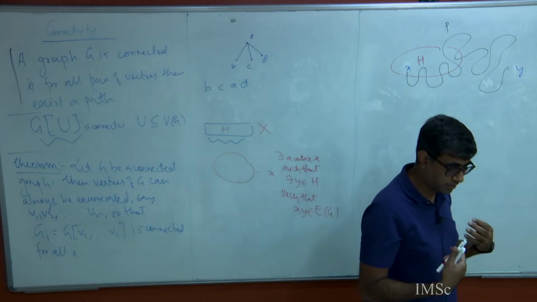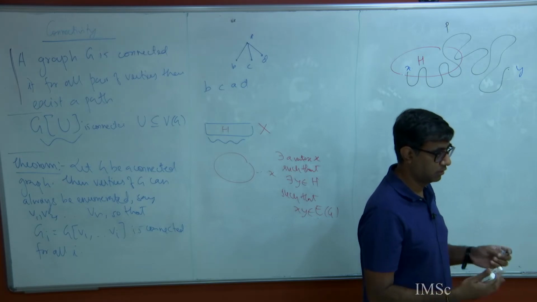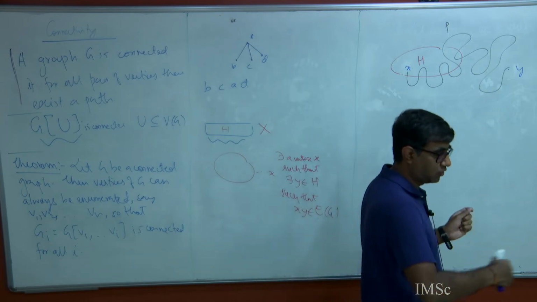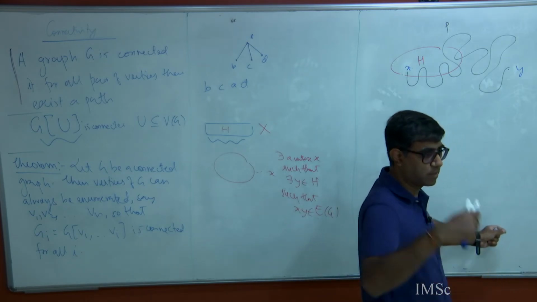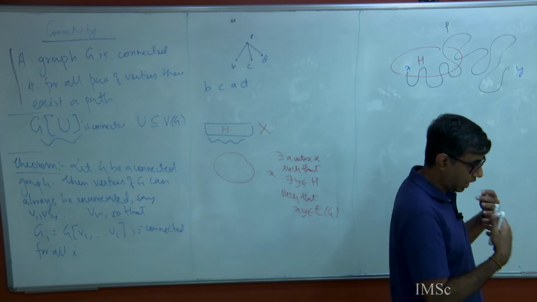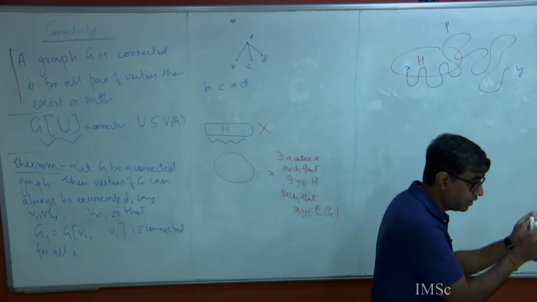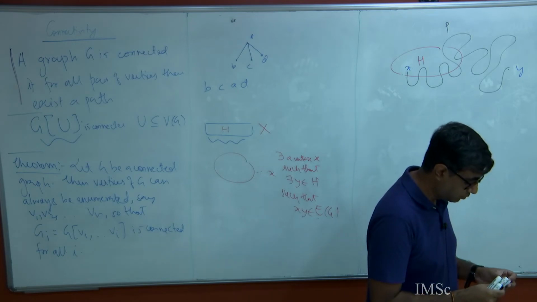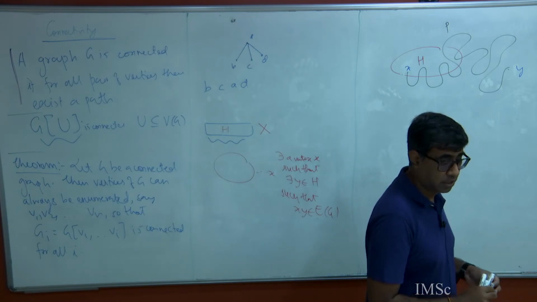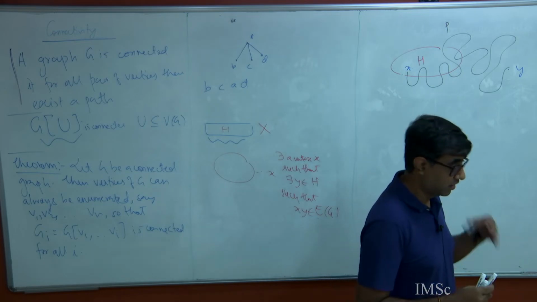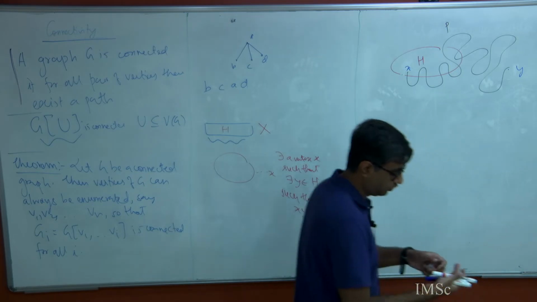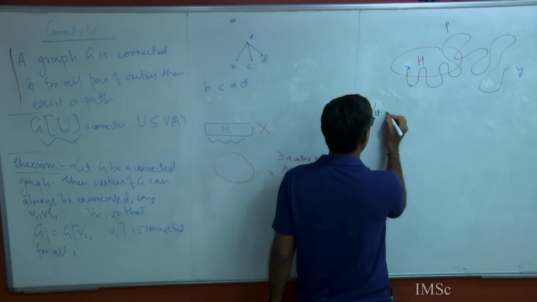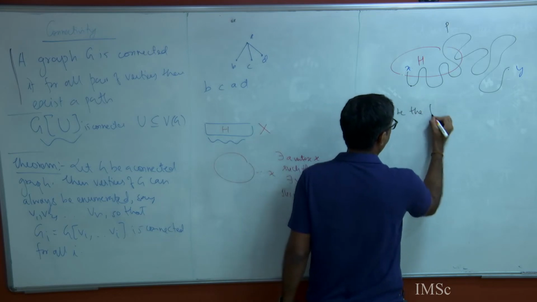All I'm trying to say is that these are the kind of arguments that you need to learn. I have a structure inside and there's an outside, and I'm trying to construct a path going from inside to outside. So what I want to teach is this inside-to-outside argument. This is an argument which you will be able to use in different situations. Whenever you have connectivity and some such thing, it is the inside and outside argument which is used all the time. So let Z be the first vertex